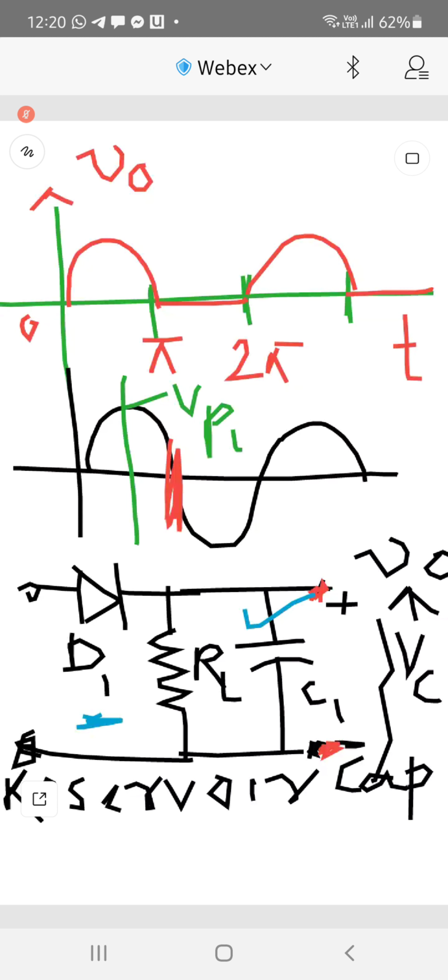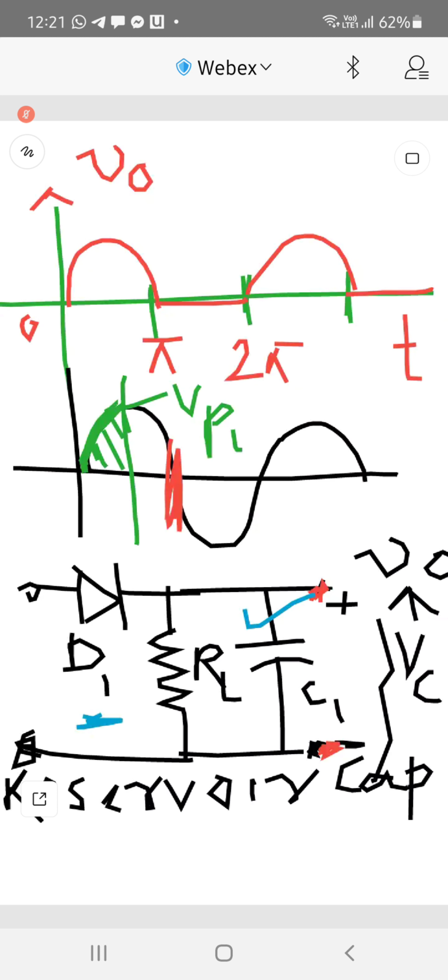So it is the peak value of the input signal. So listen carefully, in the first quarter cycle, which I marked in green, when the input waveform has reached its peak value, that is VPI,